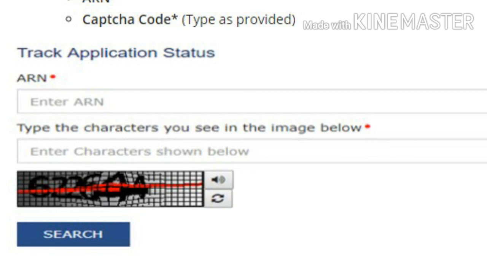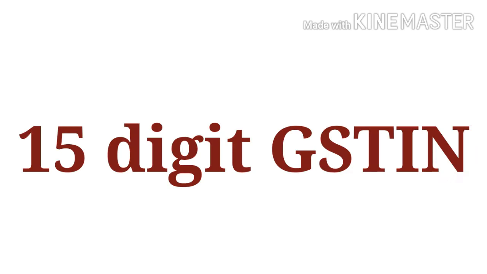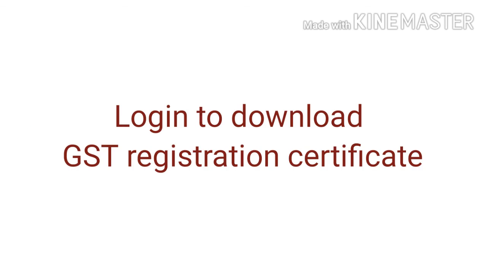Once your new registration application has been verified and approved in the GST portal, you will receive a 15-digit GSTIN, the Goods and Services Tax Identification Number, along with the temporary password. You can log in by using the GSTIN number as a user ID and the temporary password to download the GST registration certificate. If you have any questions on GST registration process, call